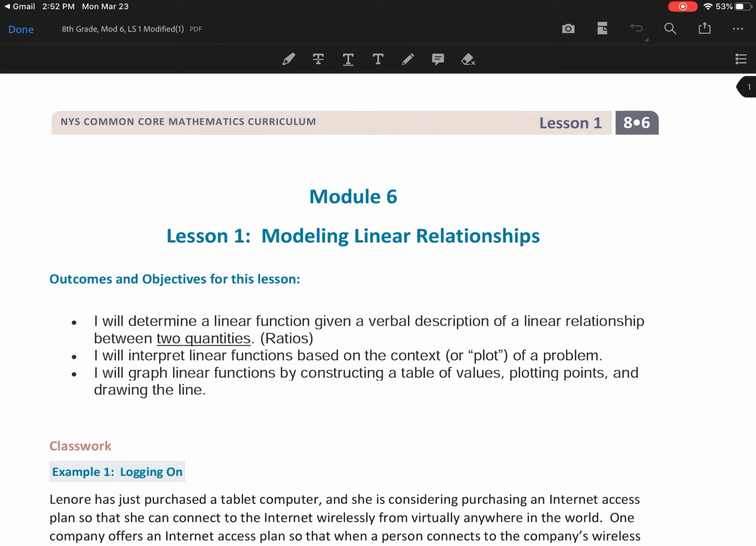Okay, what we're looking at here is Module 6, Lesson 1, Modeling Linear Relationships. This is going to be a bit of a review. We did this lesson a while back, but the word problems and the content of it is pretty important, so I thought it'd be a good way of jumping into this distance learning program we're trying to get